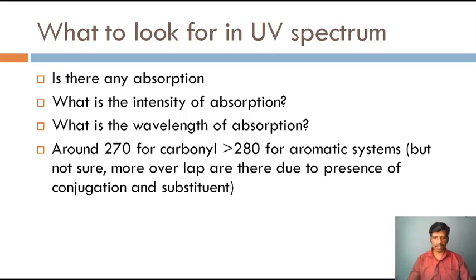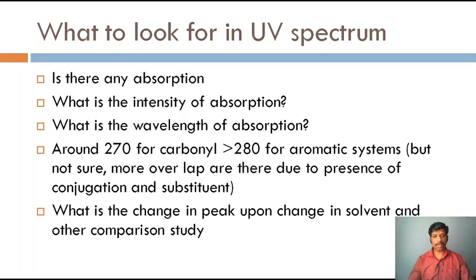This is what we can make. That too is not sure, as I said earlier, and we know already from Woodward-Fisher calculations, a carbonyl compound can give many values, depending upon the conjugation or the substitutions. It covers a big spectrum, and therefore we don't actually make any conclusion out of UV spectra. But after making a conclusion about the structure using other spectral techniques, we come back to UV to explain why it is observed in that region. For that, and to reconfirm, we use UV spectra.